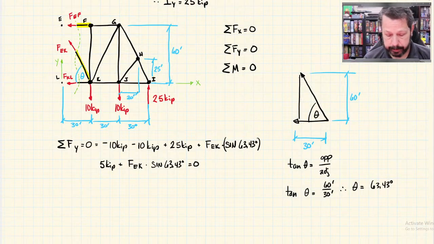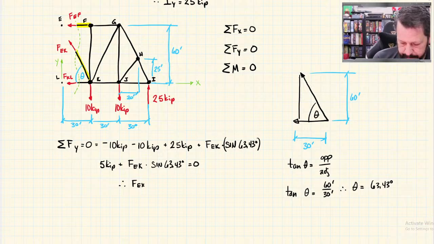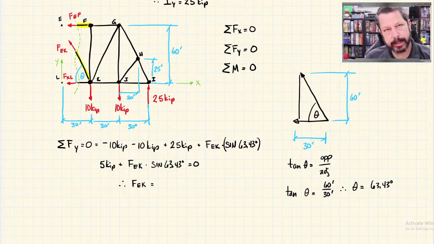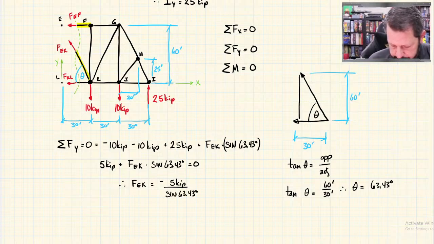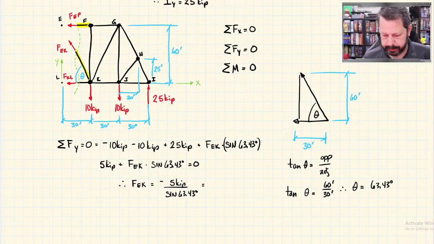So we can solve for FEK. I keep writing an X. FEK equals, we have to move that 5 to the other side of the equal so it becomes negative. -5 kips divided by sine 63.43 degrees equals, let's see, negative